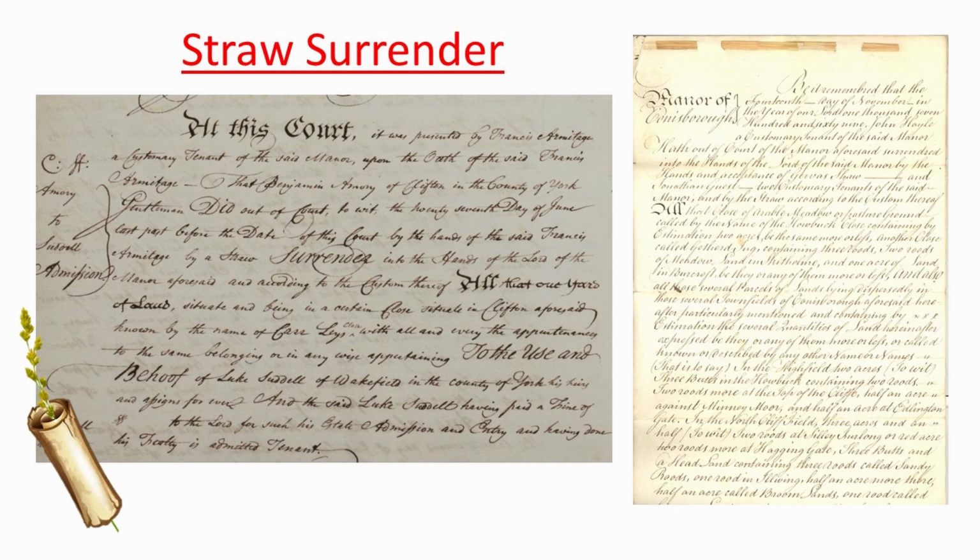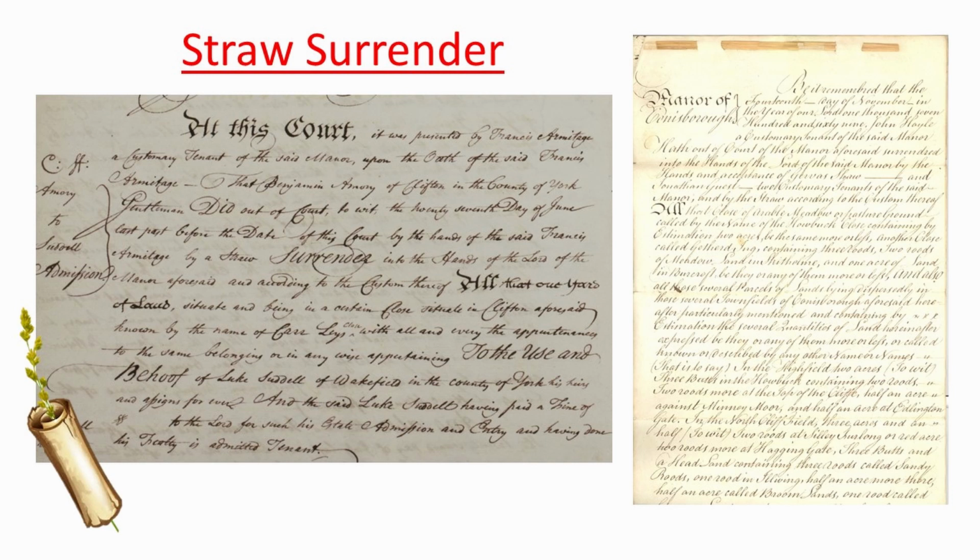In order to effect the transfer of a tenancy, the copyholder would hand over a straw as a sign of his or her resignation, or, to use the correct terminology, the surrender of the tenancy. By this act, the tenancy was surrendered into the lord's hands with the express intention that it be granted to another individual. In practice, of course, the straw was in fact handed to the steward as the lord's representative. This had traditionally been done at a court session, but as we see in this instance, it could take place out of court. In the above example, we see that Benjamin Amory, gentleman, did, by the hands of Francis Armitage,